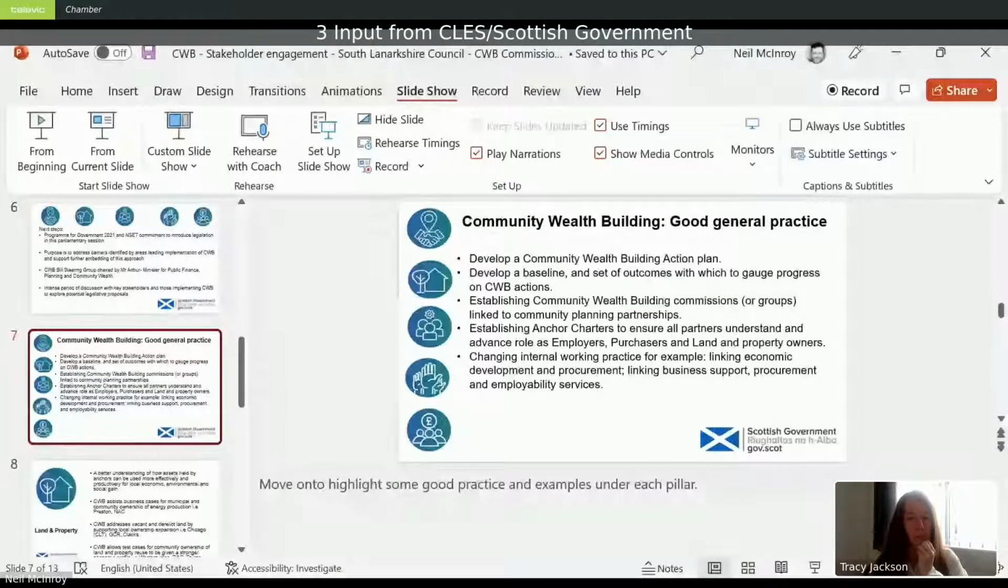practice, you've done a lot anyway in South Lanarkshire vis-a-vis your action plan and so forth, and also setting up the Community Wealth Building Commission, which is linking that into community planning partnerships, a key element to this in terms of the governance to create that breadth and depth and heft to the community wealth building agenda. Also important to think about anchor charters, all the major players that Tracy alluded to there,